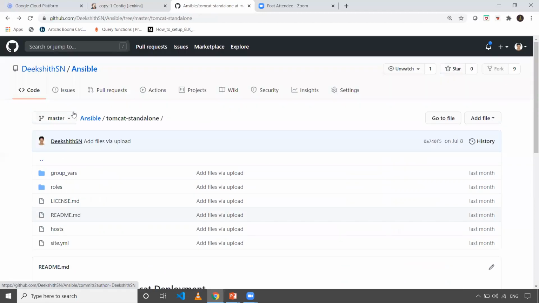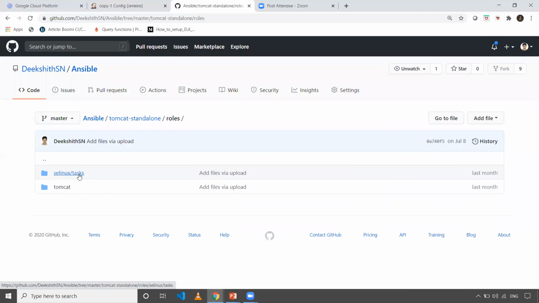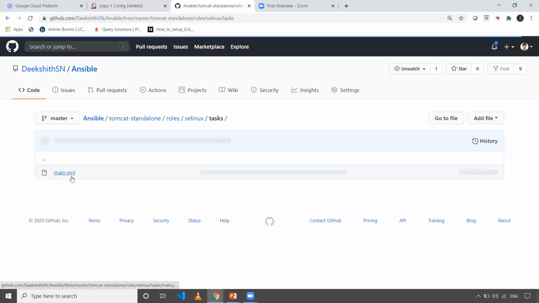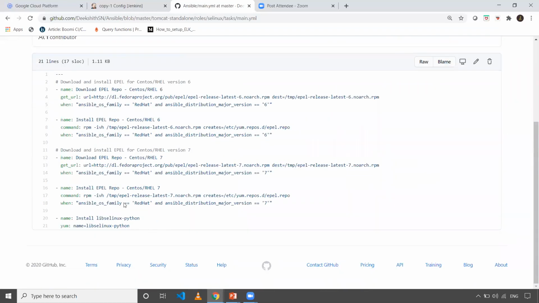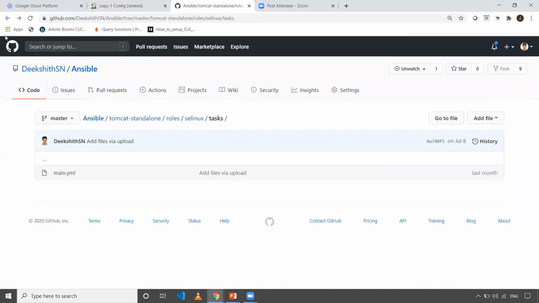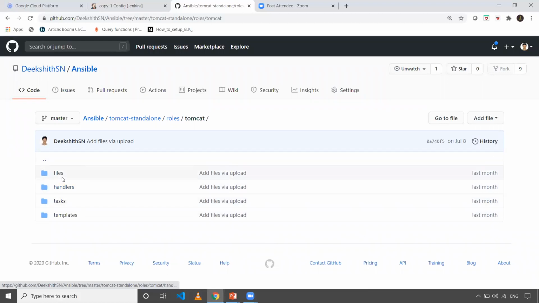In the roles folder, I have two things: SELinux and Tomcat. Here again, there will be a folder structure. In this case I don't have one, because I just wanted to have only the tasks, so that's why I just have tasks here. When you see the other folder, which is Tomcat, I have a couple of folders: files, handlers, templates,